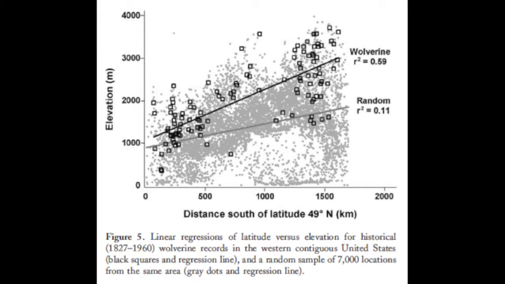One of the really interesting findings from this study so far has to do with the patterns of connectivity of wolverine populations in the western mountains of the U.S. with those further north. The wolverine's primary range is up in the Arctic and boreal forests of Alaska and Canada, and they occur down in the United States in these peninsular extensions in the high elevations of the mountains. So we're basically trading off elevation for latitude to get the same climatic conditions. You have very cold conditions in the far north,